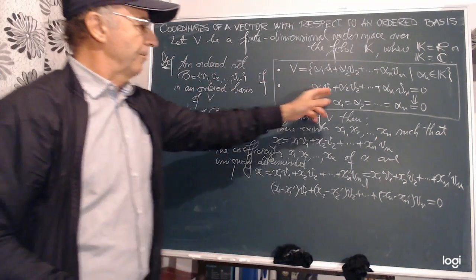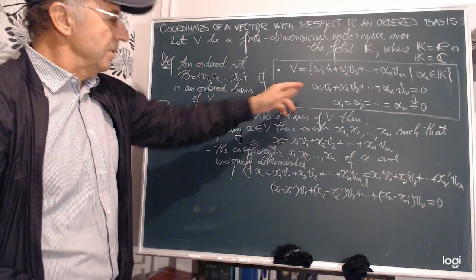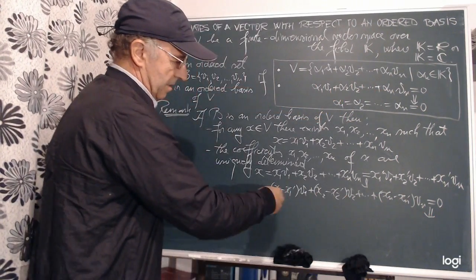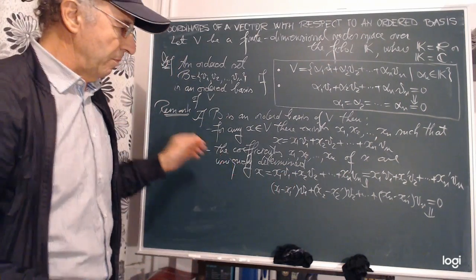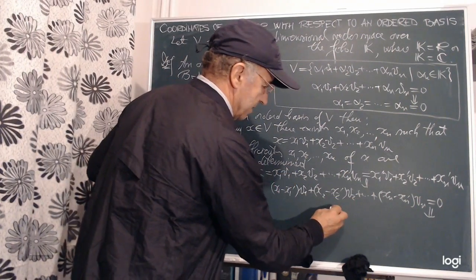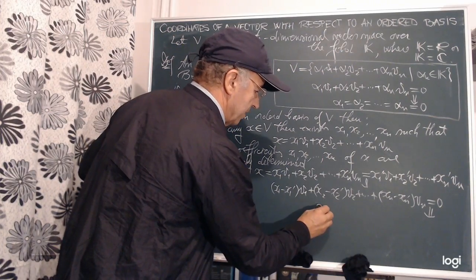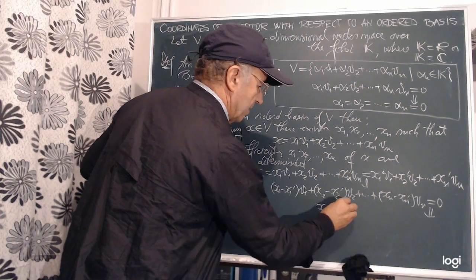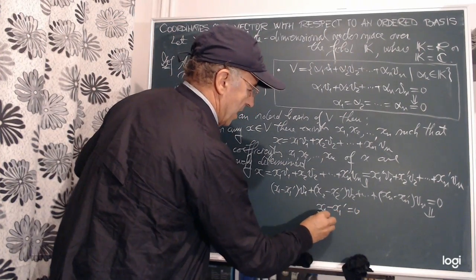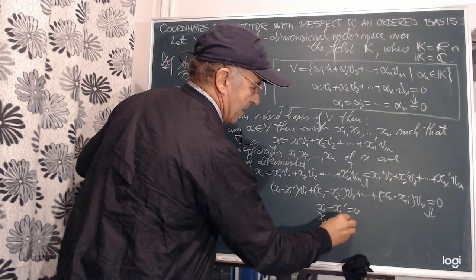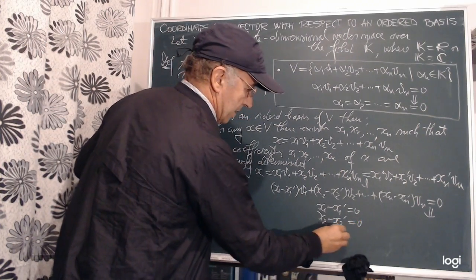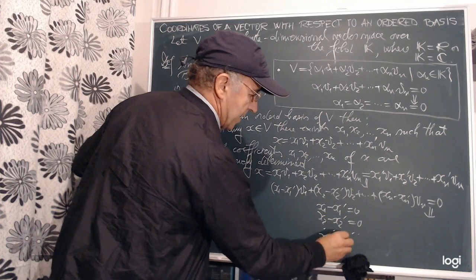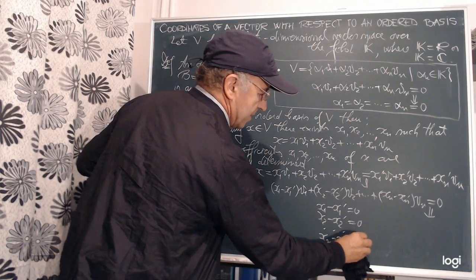But from the second condition, it follows that all the coefficients must be 0. That is, we must have x1 minus x1 prime equals 0, x2 minus x2 prime equals 0, so on, xn minus xn prime equals 0,